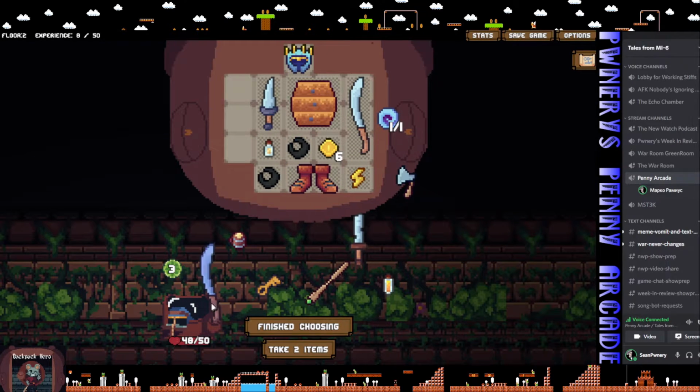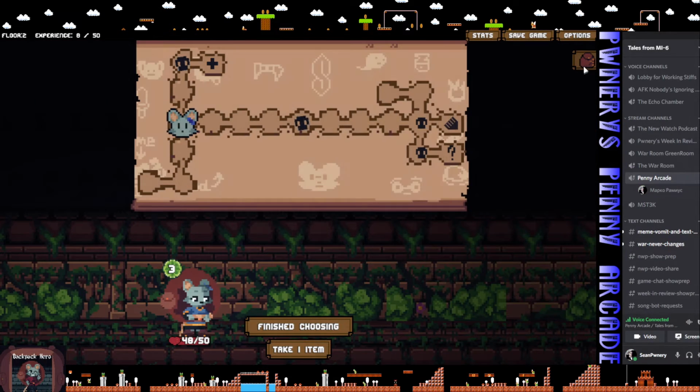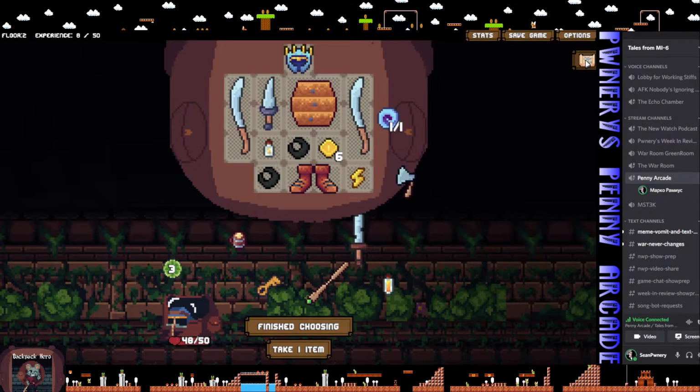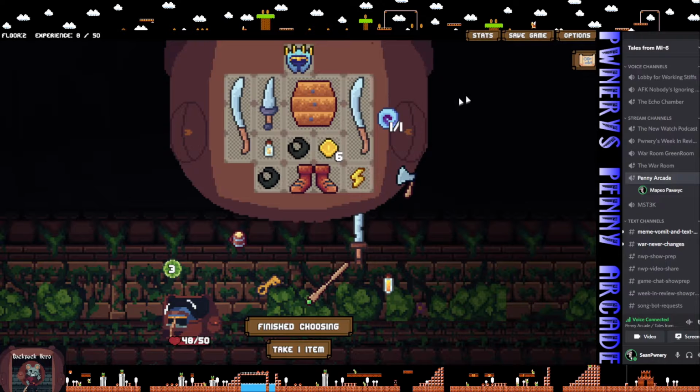Let me put this over here. Now I have 2 machetes. That's good. And I don't... This is like a one-time or three-use weapon, but it breaks. And... Oh, the exit's over here. How much gold do we have? 6. And there's no doors on this floor, so...